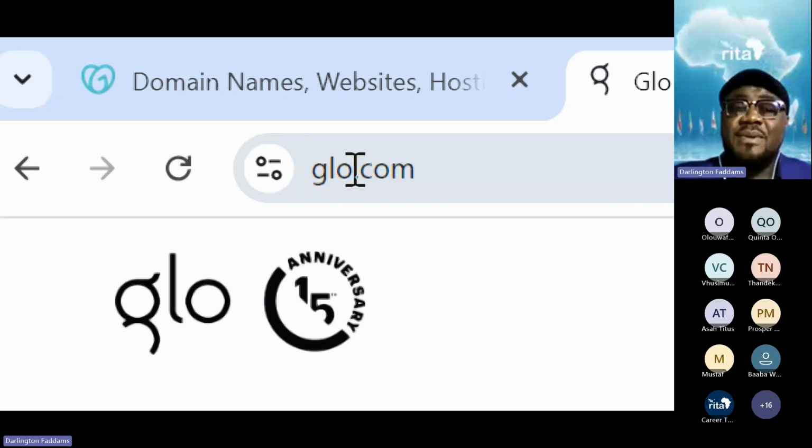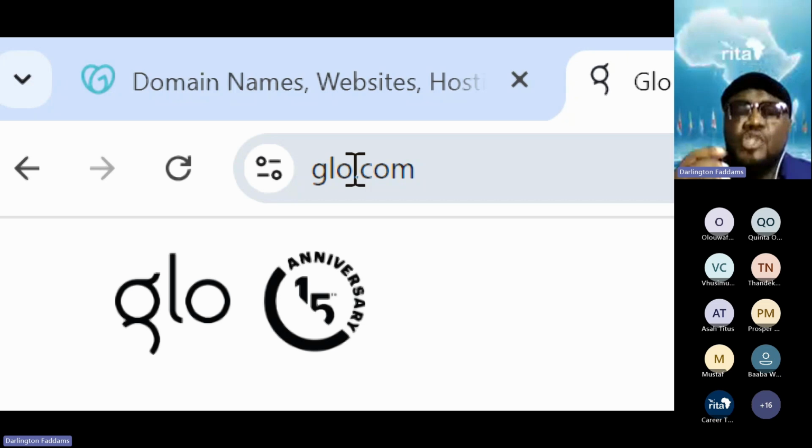Think of the billions of people in the world and think of when the web started. They have registered all those names. Even a 4-letter name, I don't think you'll get. You have to be super, super creative to come up with a 5-letter or 6-letter name that you'll get.